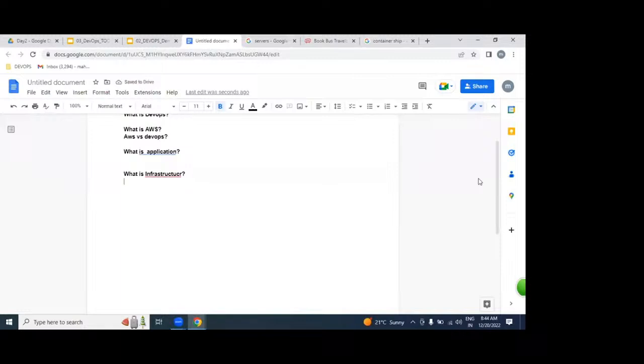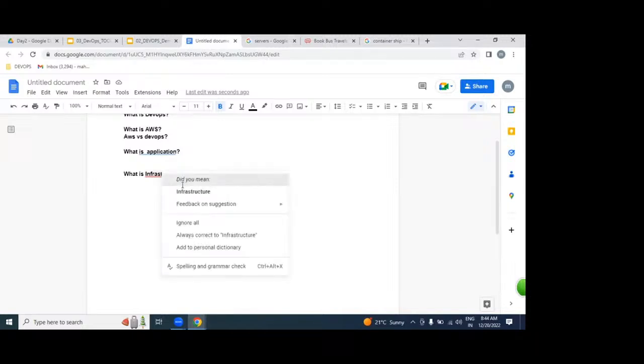If you open a dictionary, what is the meaning of infrastructure? For example, to conduct this classroom, what kind of infrastructure is required?